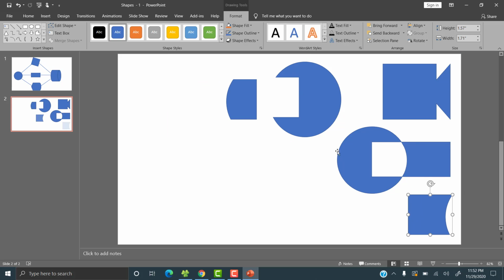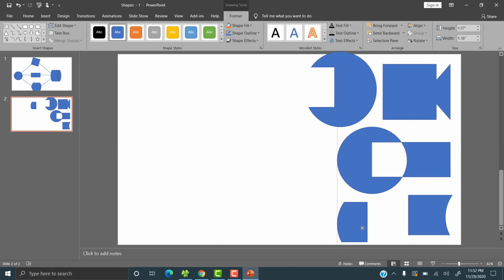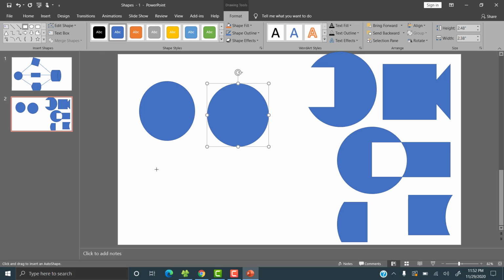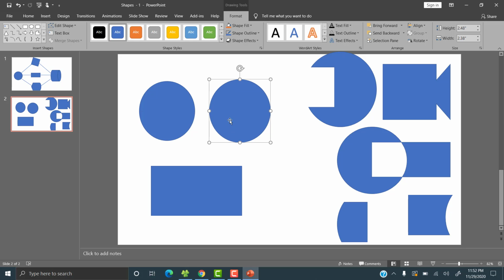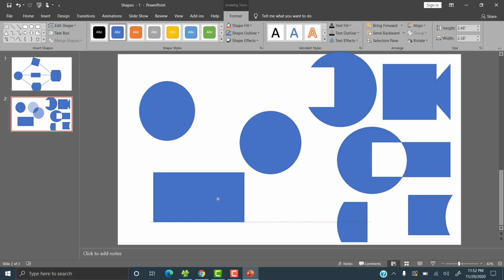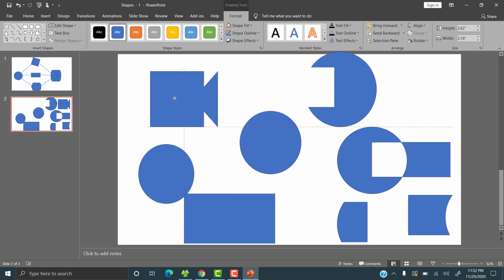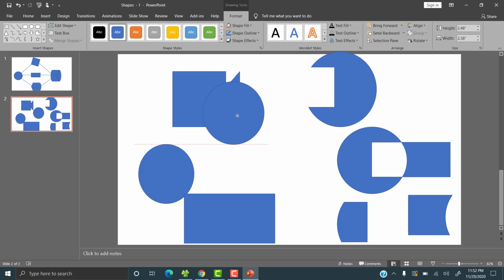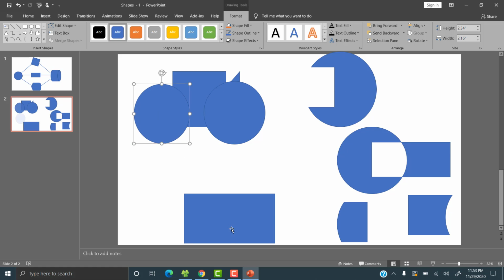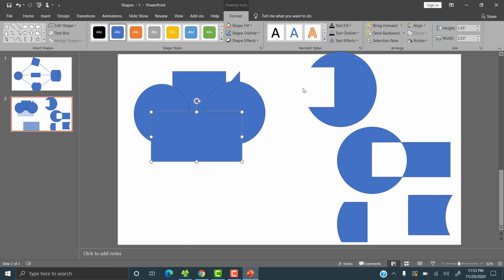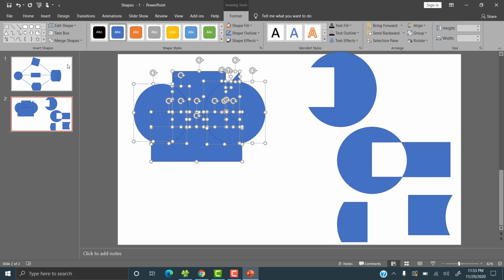Now it becomes more interesting when we have a couple of objects together. So let's go ahead and draw this one over here. Let me draw another one like this, and let me draw this one over here so you can know how that whole thing is. Probably let me join some of these items we have over here like this. Alright, so let me put this one here. I don't even know what I'm drawing, but I still have to do it like this. Let me put this one right here, select everything, and go to fragment like that,